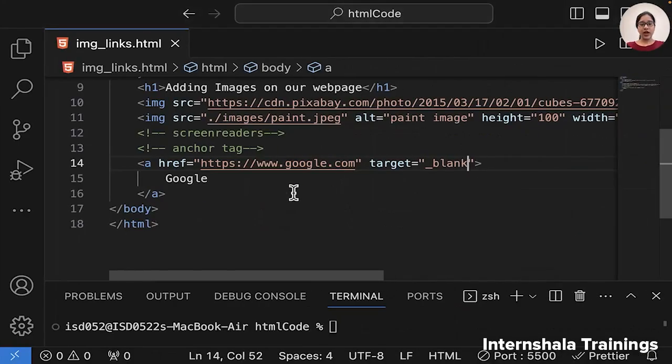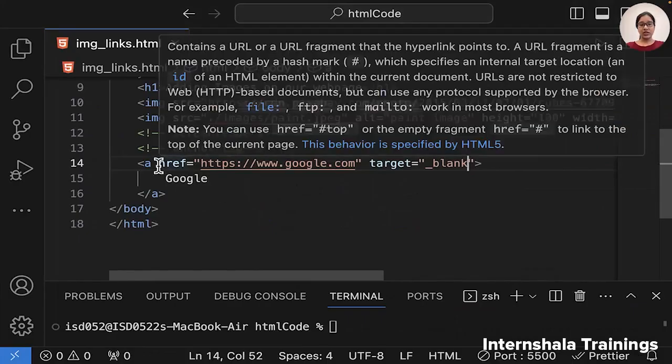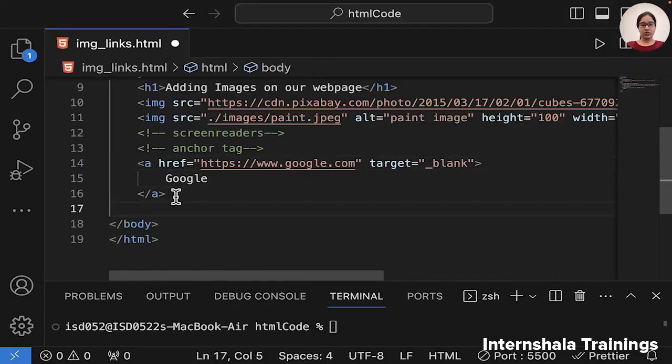Now you can also add the link, this anchor attribute, to images also. Let's say again I want to add an anchor tag, and again I say href is equals to google.com, but on clicking on any image.